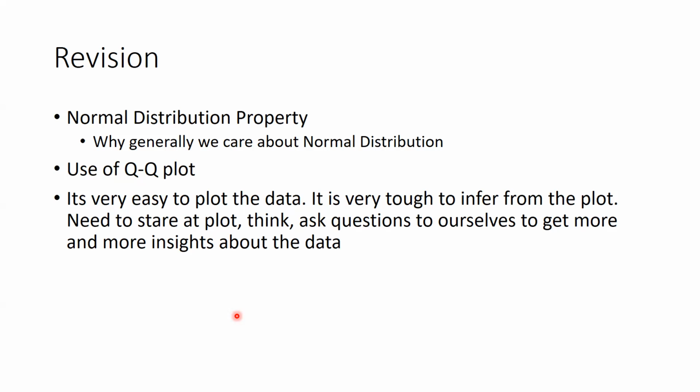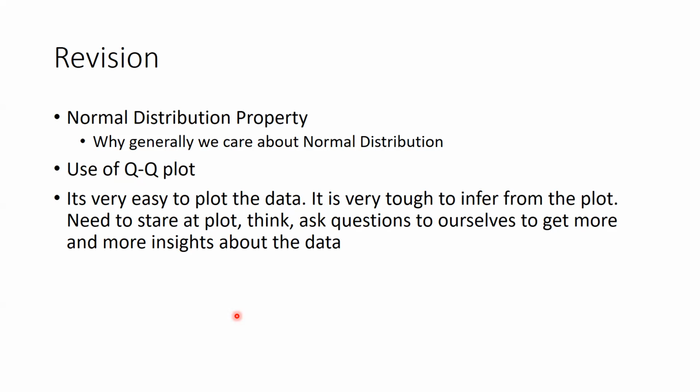That is because any process which occurs in nature, generally whatever population distribution occurs, or rusting, or the time taken to complete process X, anything, even in a manufacturing line, time taken to manufacture part A, or the dimensions of parts. If we keep on measuring dimensions of 1,000 parts, usually the distributions of those parameters are normally distributed. That's the main reason we care more and study more about normal distributions.